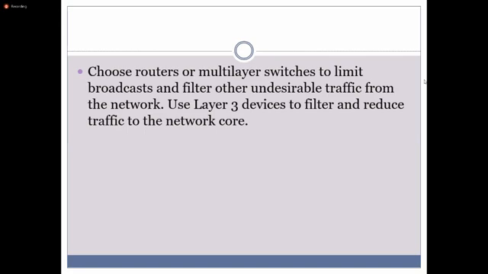So those things you have to understand in the scalability of your network. When we are talking about scalability, there are hierarchical design models. So you can divide your network into that model, so it is easy to understand what the fault in the network is, what type of device you need to create the network, and in which layer the problem occurs. So to identify that,